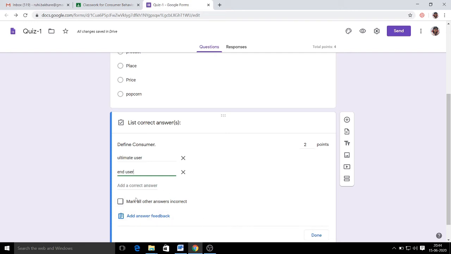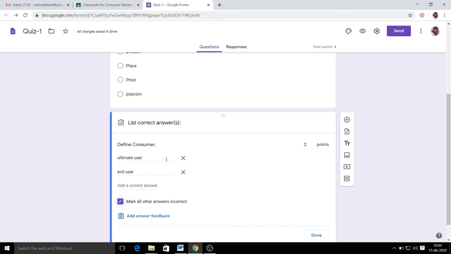In this case, if you look at this particular option, if you tick it, it will show an incorrect option, and any other answer which is not covering these two key points will be considered incorrect. Let me repeat it once again.